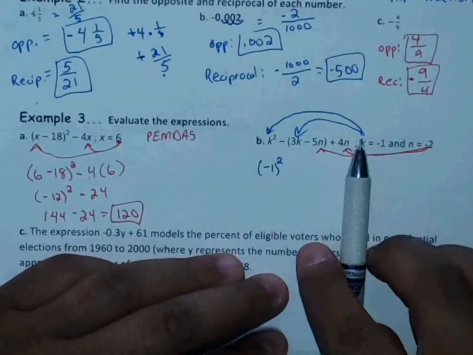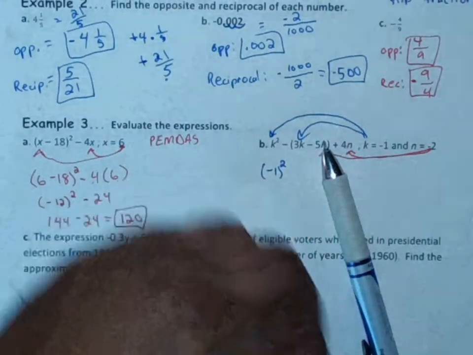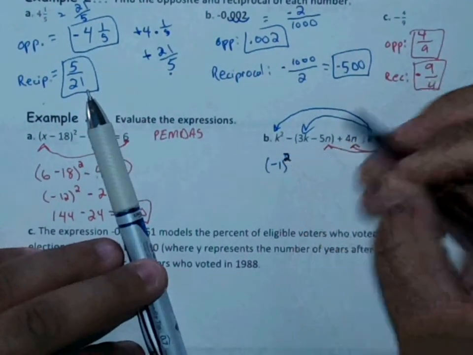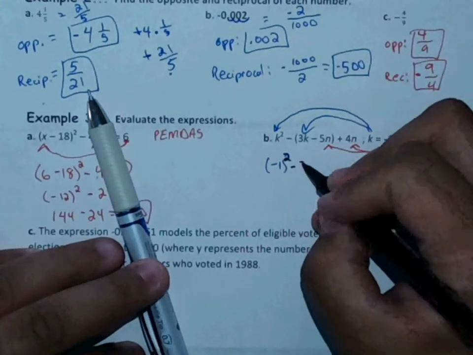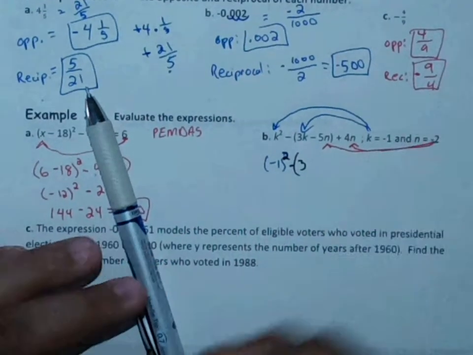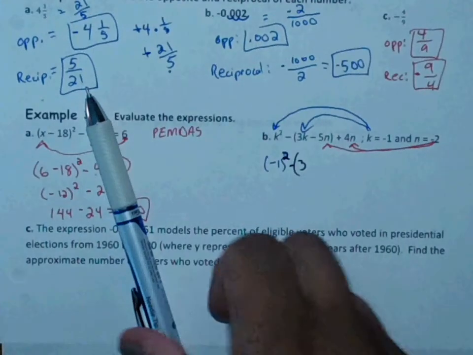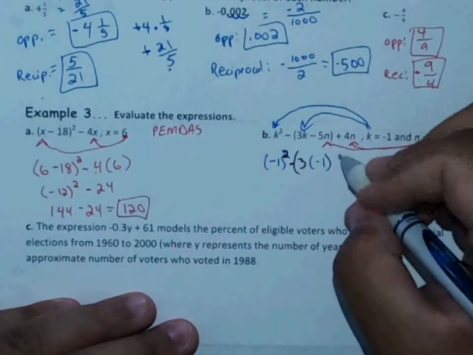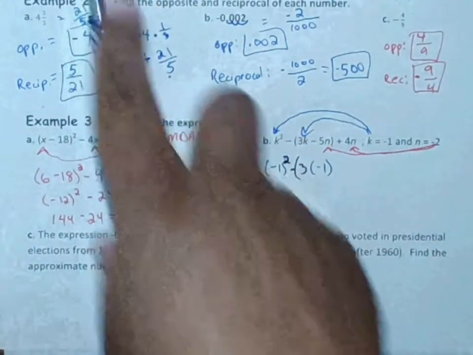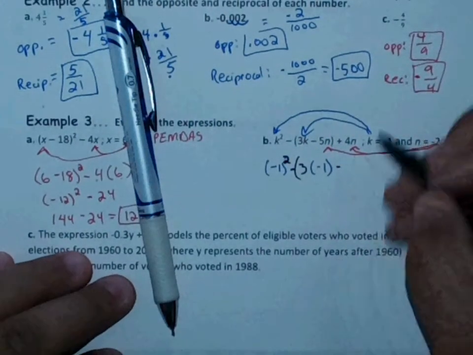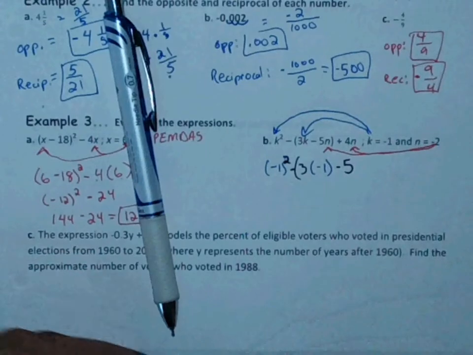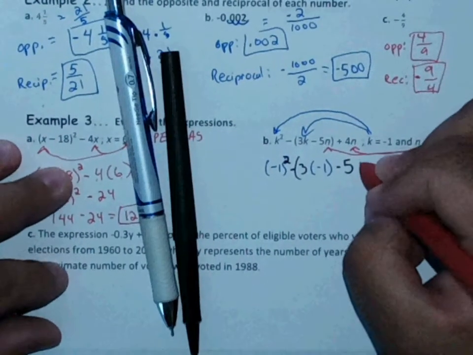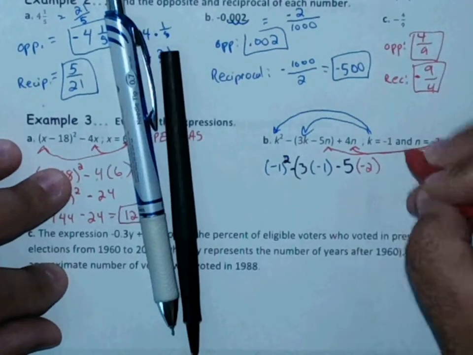I'm going to use a different color just for sake of keeping everything that I plugged in separate. Minus 3, put that in parentheses. And then again, my K was a -1. Then minus 5. And then for my N, I'm plugging in a negative 2, close my parentheses,